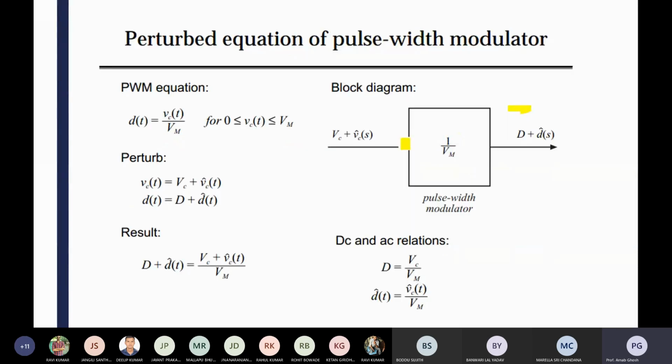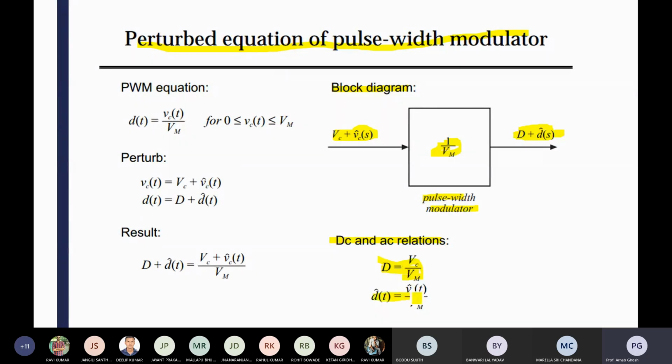Okay, so next is the perturbation equations for the pulse width modulation. So we are giving that Vc, and one small perturbation is there for the Vc signal, so an AC component as well as a DC component. It is 1 by Vm, and that gives the duty ratio. As per the topology of the converter, you will get the duty ratios. It has some constant value and one perturbed value. That is D, and for the AC realization, d equals Vc by Vm for the steady state value,